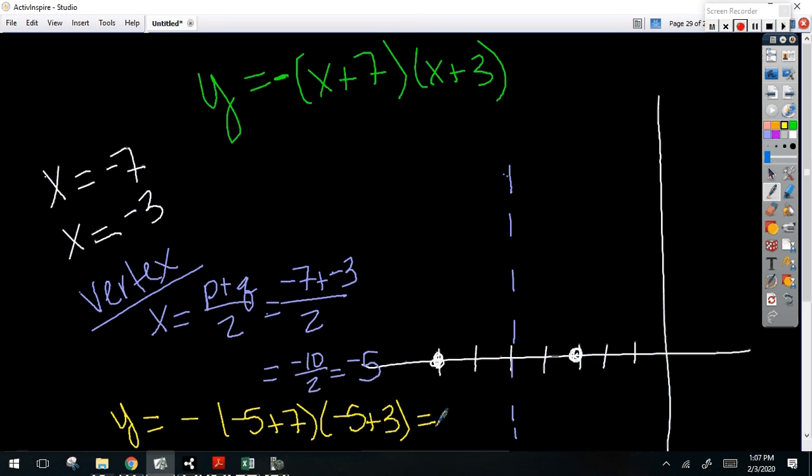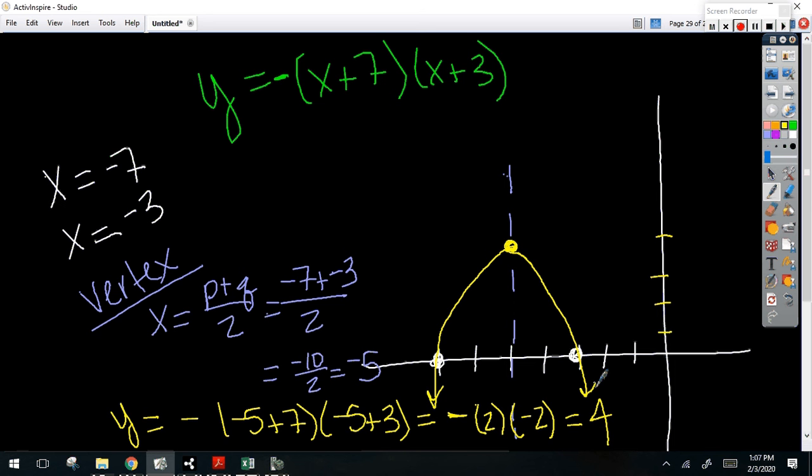Watch all these signs. This negative is going to stay outside. I'm going to take care of that the very last step. Negative 5 and 7 is 2. And negative 5 and 3 is negative 2. So now what is the negative of 2 times negative 2? What do you get? Positive 4. I have